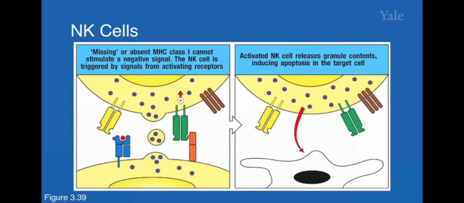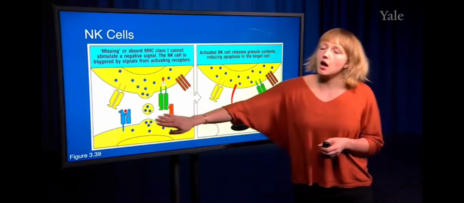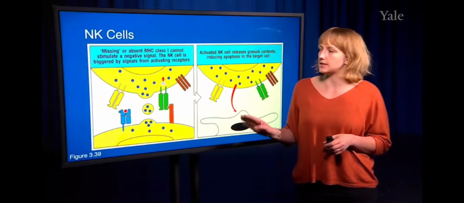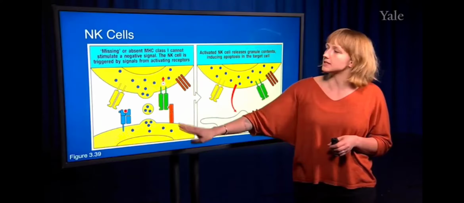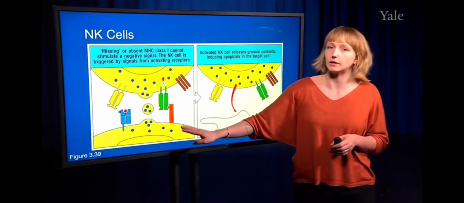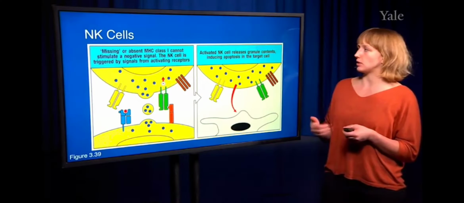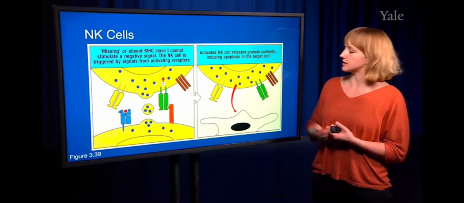If you encounter a cell that is missing or that has a different MHC class I molecule than the NK cell can recognize, the cell does not receive that inhibitory signal, and it only receives the positive activating signal through the activating receptor here. This activated NK cell will then release its granule contents into the target cell, leading to the apoptosis